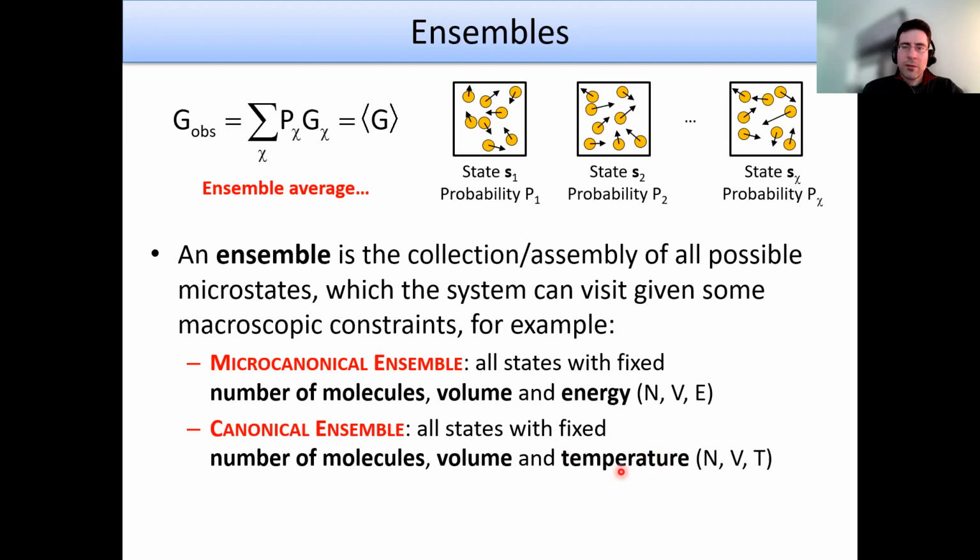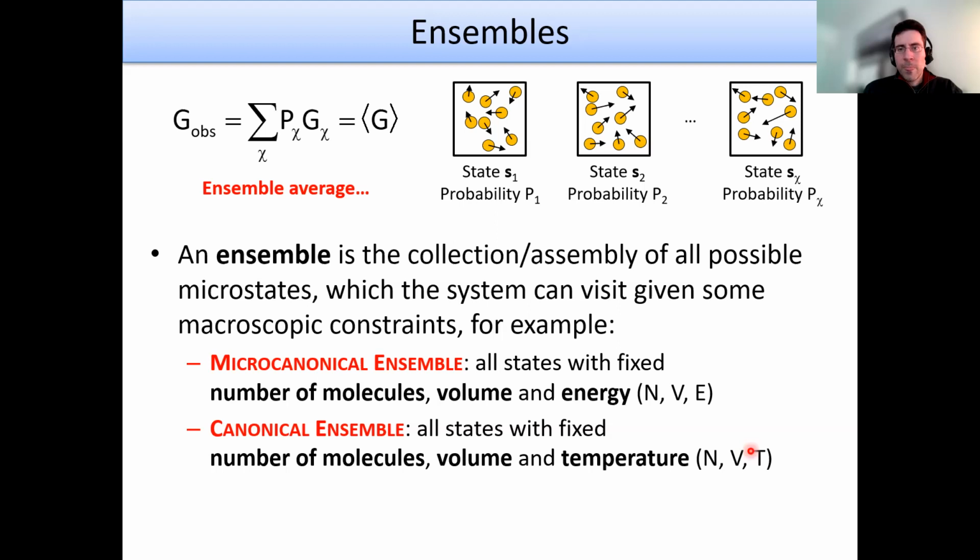But we will see that the canonical ensemble is going to contain a lot of states that are possibly visited, but there is a probability over these states that ensures that the macroscopic temperature of the system, the macroscopic temperature that we would measure, is fixed at a certain value,